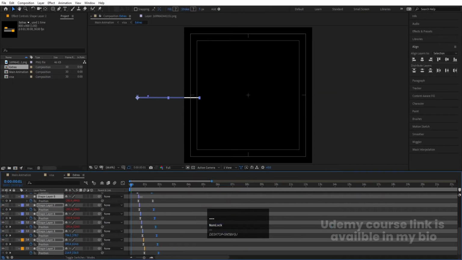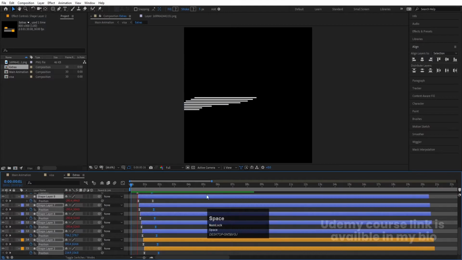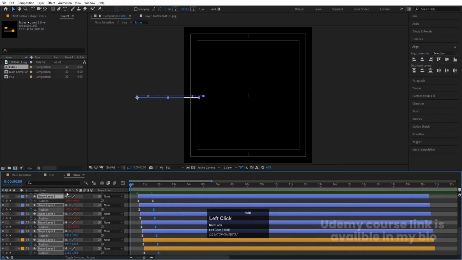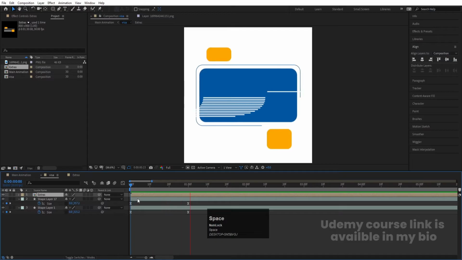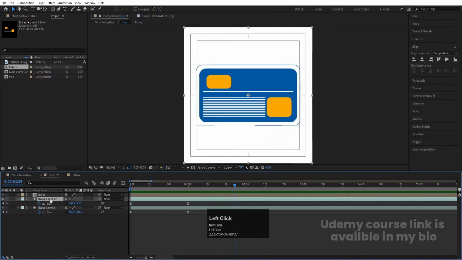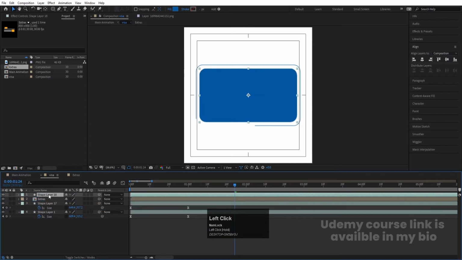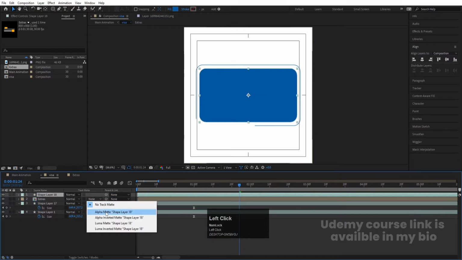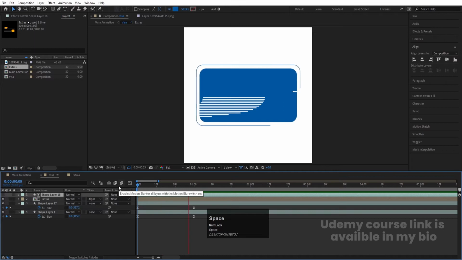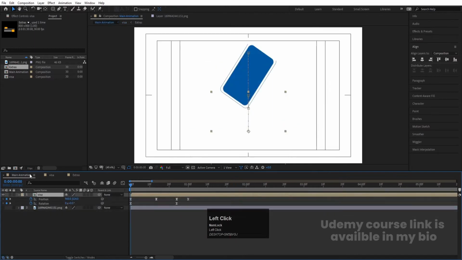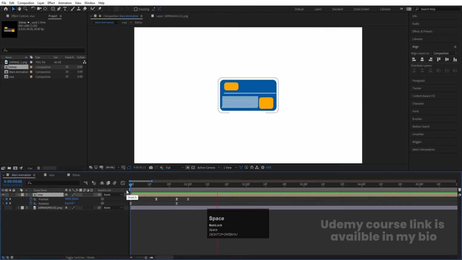Zoom out, and we will increase the duration of this animation like this. Okay, so if you go to see the visa, we will get this kind of animation. Now we will select this shape layer over here and hit Ctrl D, and let's bring this at the top. Press F4 and we are going to choose alpha mask. So we will get something like this, and if you see this animation over here, we will get something like